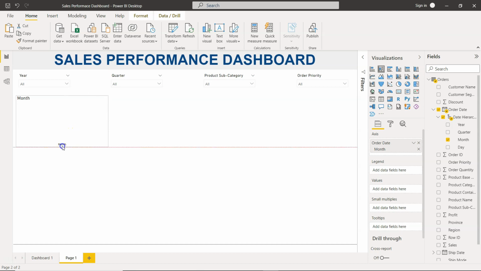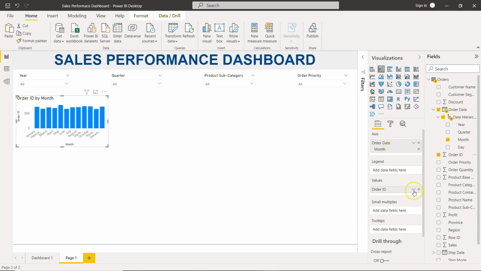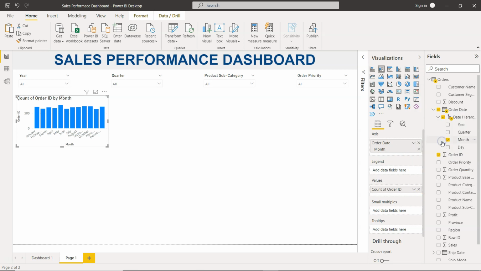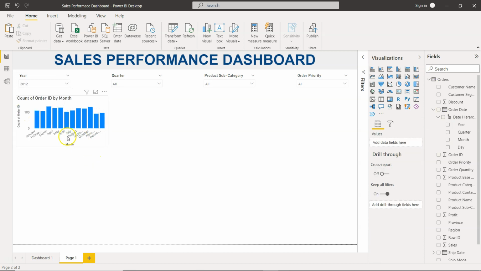And maybe this much space is fine. So I'll select this. What I need is basically order count. So I'll take the order ID, and for the order ID, not the complete count, but the distinct count, right? And you need to make sure that you select a particular year like 2012, then only you will see